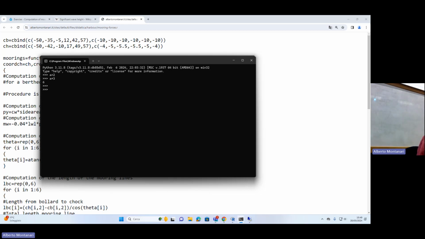But if I want to define a vector, if I want to read from an external file, I have to upload the toolboxes. So into Python, it's essential, the first instruction of the code must be the uploading of the modules. Okay, so here, if I want to make mathematical computations